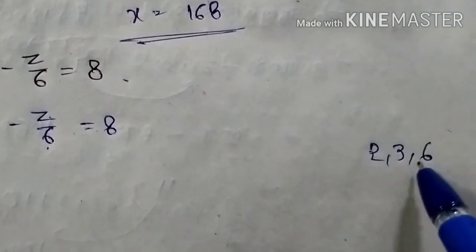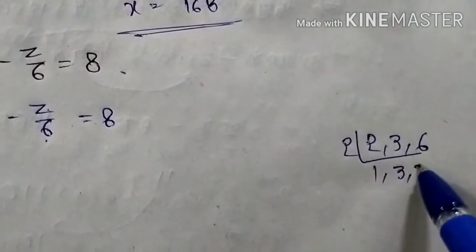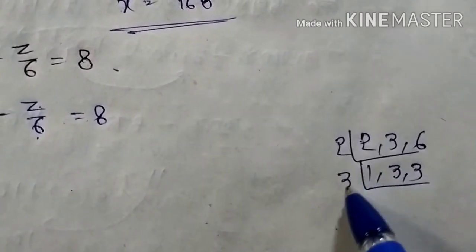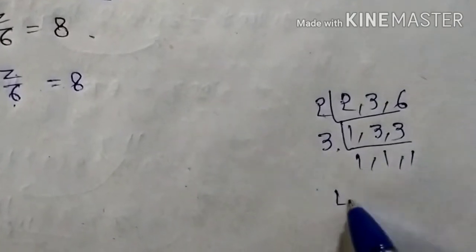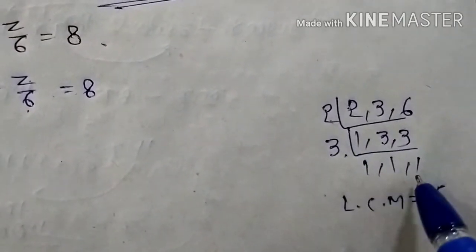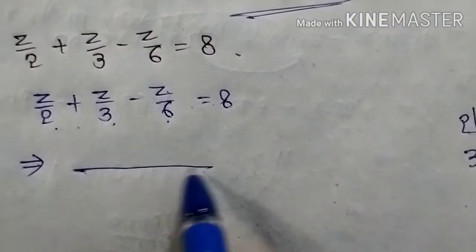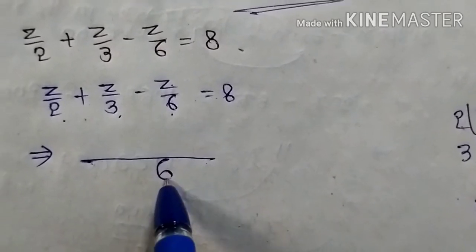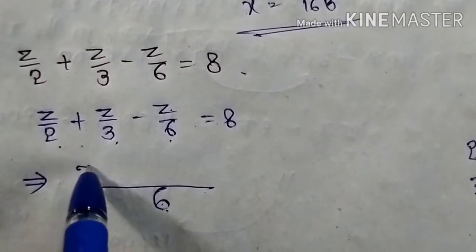2, 3, 6 only. If you want, you can see here 2 1s here 3, 2 3s 6. Next you can take here 3 3 1s, 3 1s. That means here 2 3s how much? 6 only. That means here LCM is equal to 6. 2 3s 6, 6 1s 6 only. See, so I am writing here directly 6. Next you can divide LCM with 2. 2 3s how much? 6, or not? So I am writing here 3 into z, 3z.